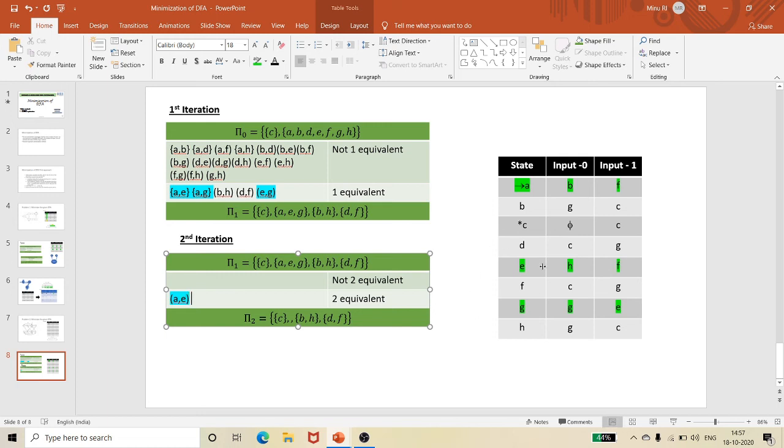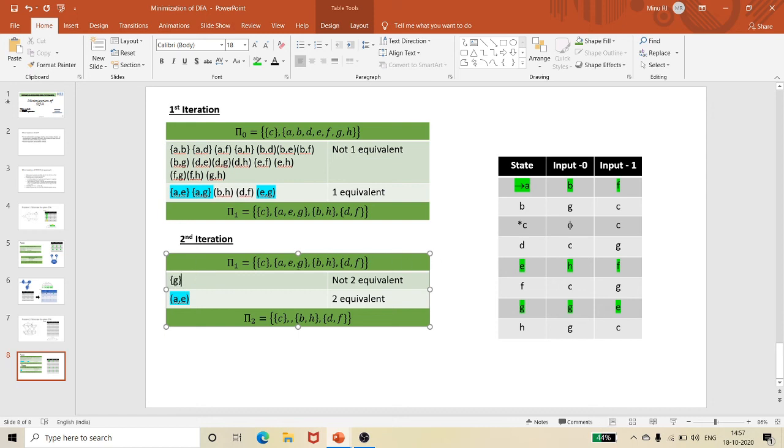Okay. Then check A with G. B and G, no, it doesn't belong to the same set. Now check with E and G. Obviously, it's not going to be the same set. H and G is in a different set. So what happened? A and E become equivalent, and my G just becomes equivalent with nothing.